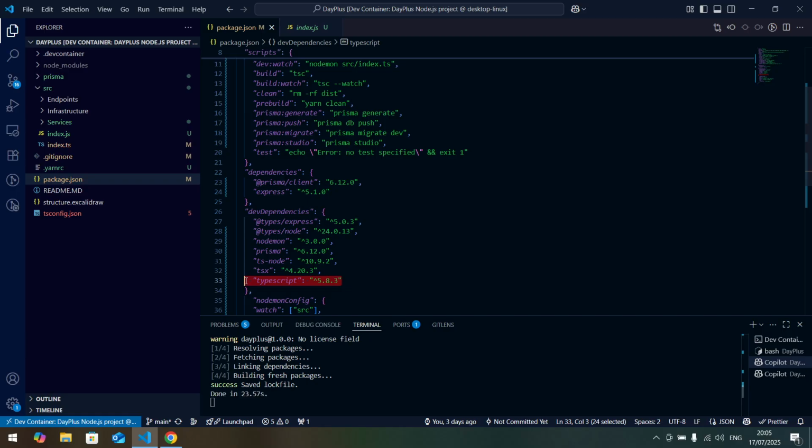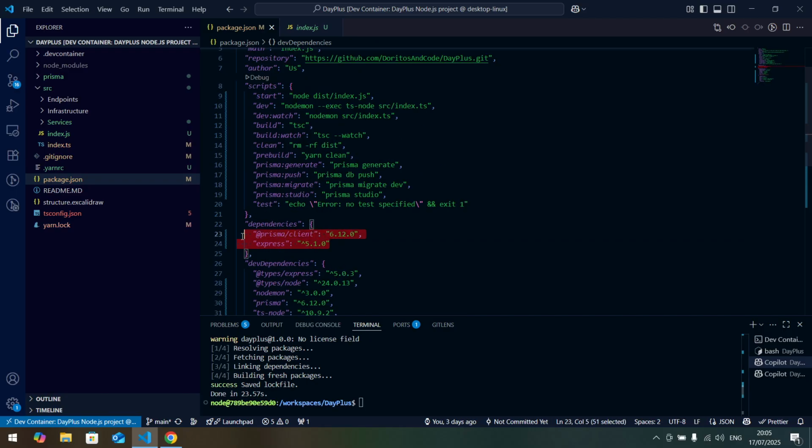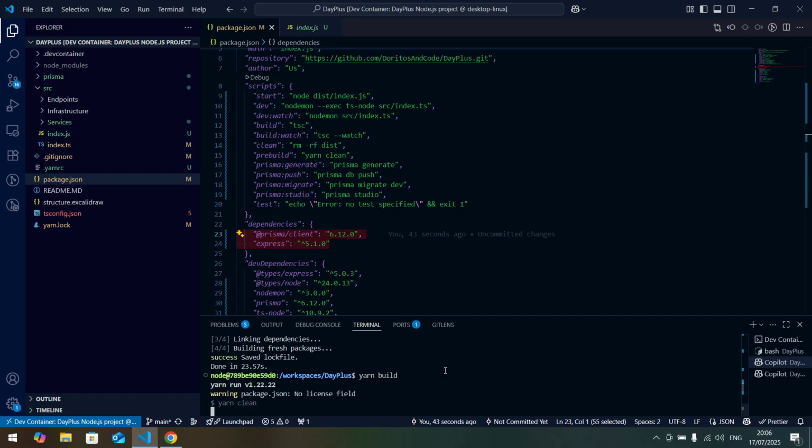TypeScript is only for development. When it's converted, it will be only Prisma and Express, which makes our server extremely small. So let's try with yarn build. Probably it's gonna fail because of Prisma. Oh no, actually yarn build worked,